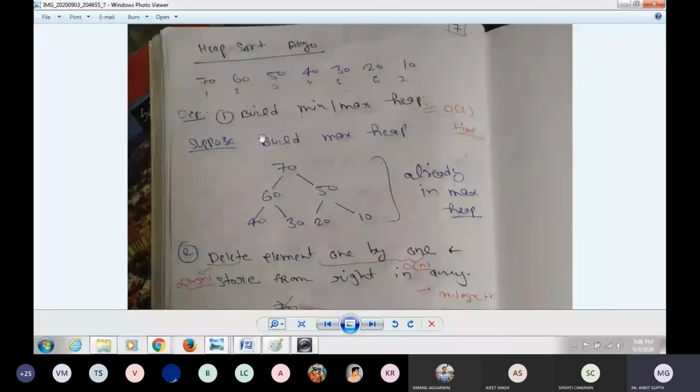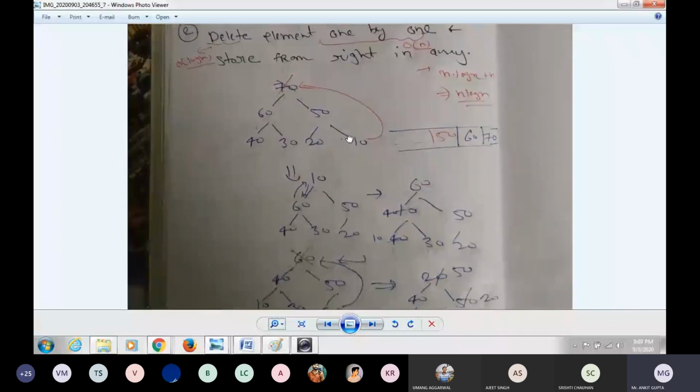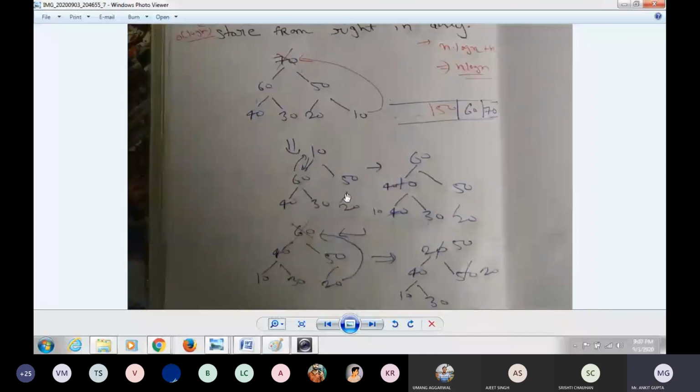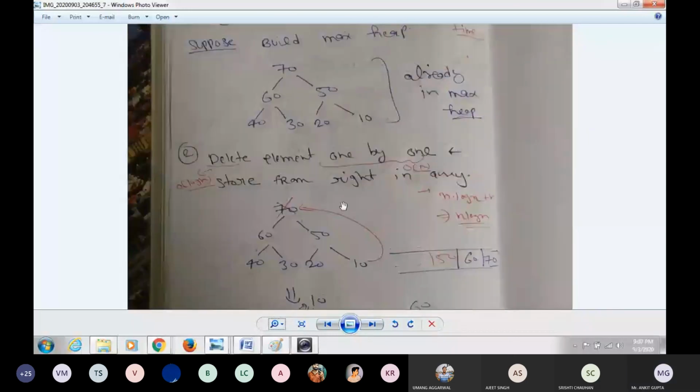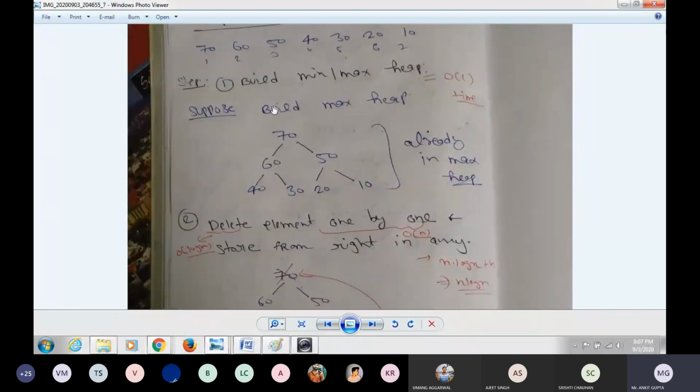So in the Monday class, first of all you have to understand this. I have written everything here. So before coming to class on Monday, you have to see this algorithm. This is the concept of how we are sorting in heap sort. If you have any doubt, then I will discuss again, because you know all the concepts of how we build min heap, max heap, and how we delete and insert. You have to check that.